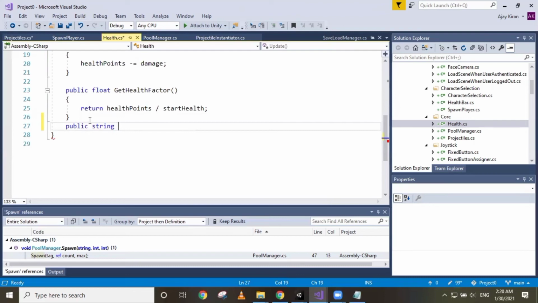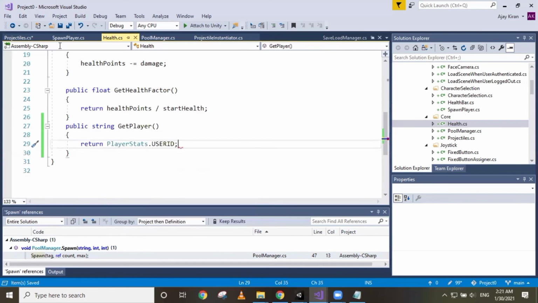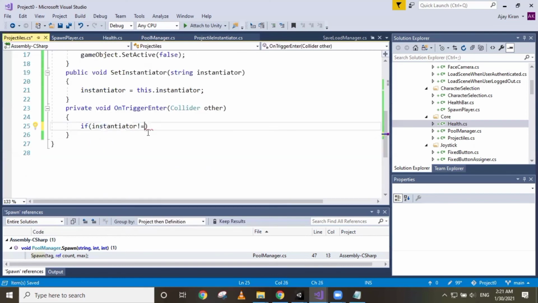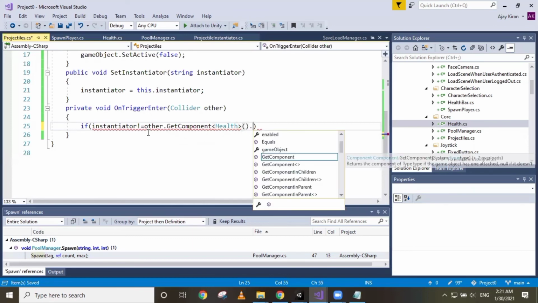So I'm just going to call this method get instantiator. Oh, let's just call it get player, because the health script is not going to instantiate anything. So this is just going to return player stats dot user ID, and here we are going to get that by other dot get component health dot get player,